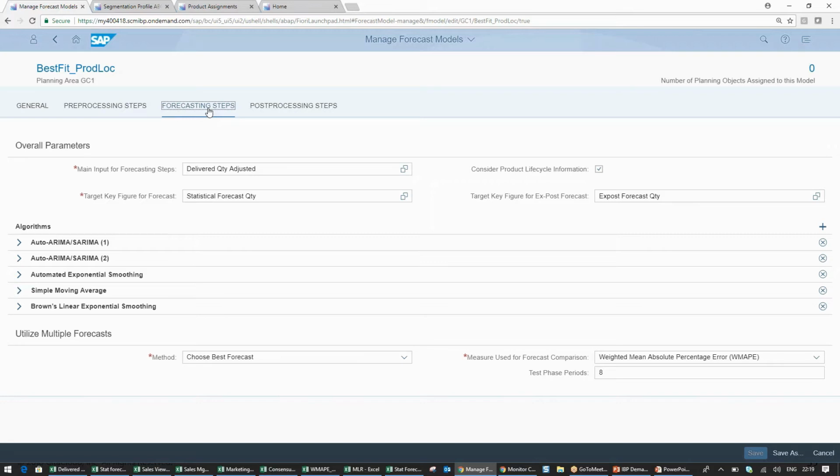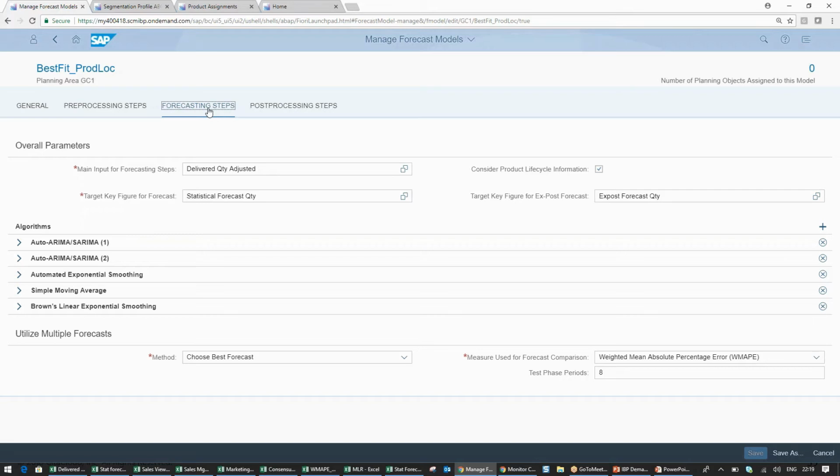So now let's understand IBP stat forecasting capability. IBP has many forecasting models available. I'll cover a subset of them today, with the focus of recent additions like ARIMA, seasonal ARIMA, Brown's exponential, and I'll also showcase how IBP can automate exponential smoothing forecast in terms of picking the best model across multiple options as well as optimizing the coefficient for your alpha, beta, and gamma parameters.